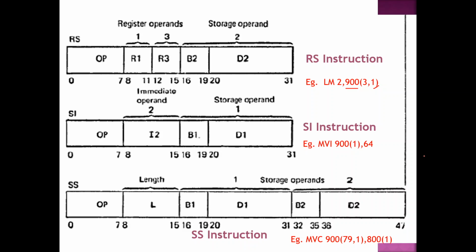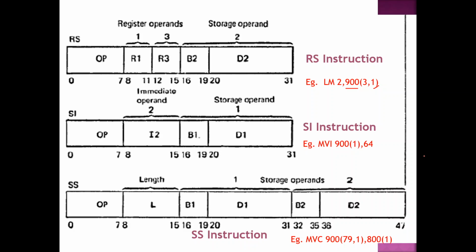So what is the format? Let us see. First is opcode. MVC is the opcode. We have to find out from the opcode sheet. That will be represented using 8 bits. So that is your opcode, 8 bits. Length here is going to be again 8 bits. Why? Because length here represents the number of memory locations you are going to use. In different instructions it will be different. This is going to be the length, nothing but represented using 8 bits only.